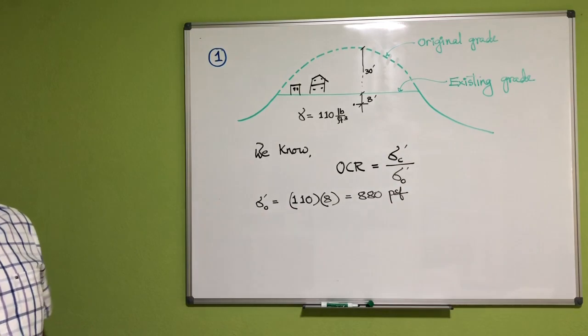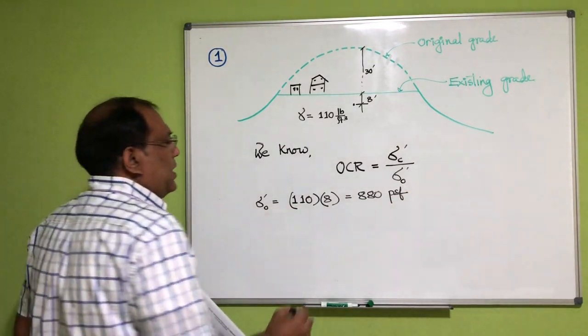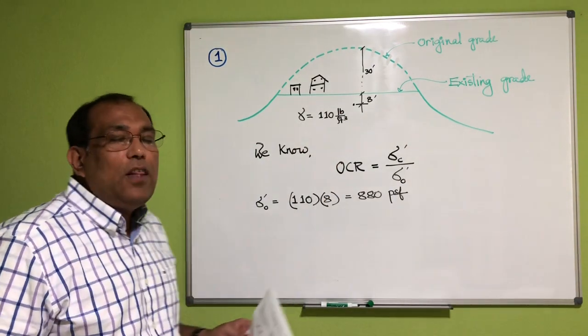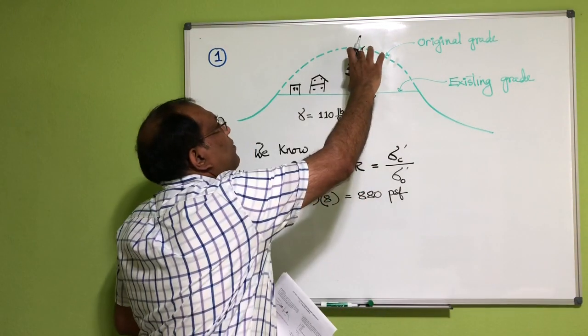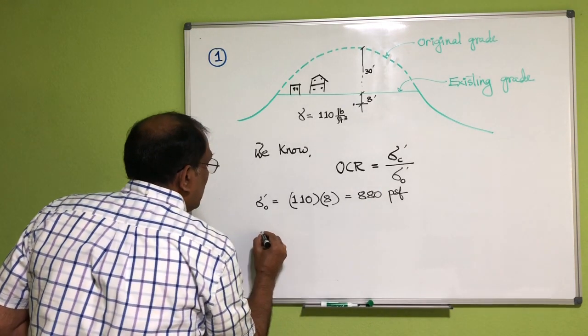That's the current overburden pressure. So in the past, what was the maximum pressure this soil has experienced? If we assume that there is no other force trying to compact it other than the weight of the soil, then basically we can find out our pre-consolidation pressure,